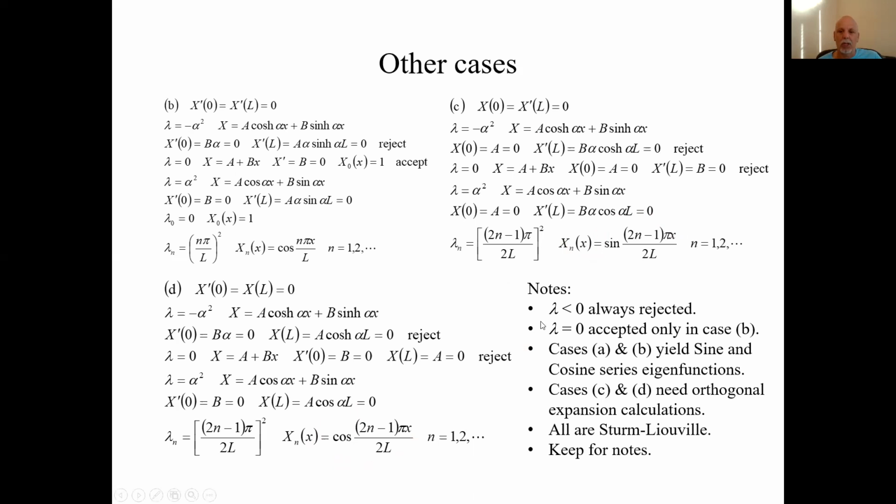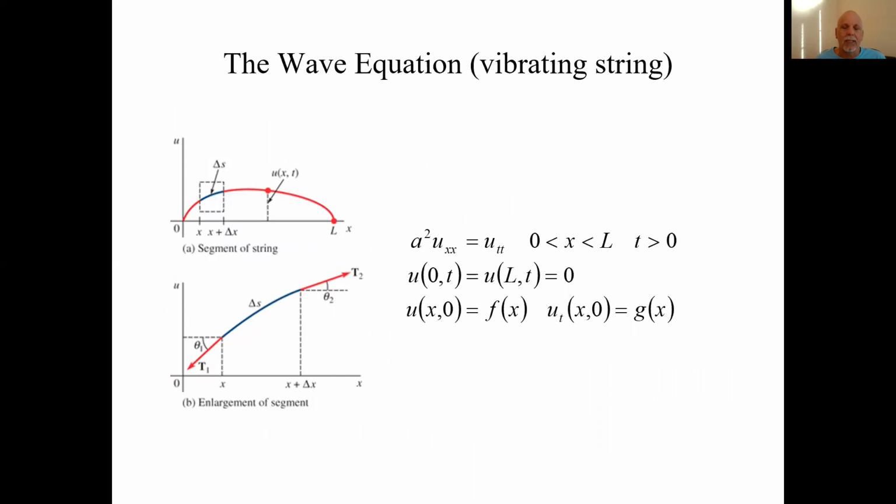Anyway, if you go through all those four cases, we always reject the negative lambda case. We accept lambda exactly equal to 0 only in case B here. The first two cases, A and B, yield the Fourier sine and cosine series. For these latter two cases, you would have to do an orthogonal expansion calculation. Anyway, let's only go through these once and then put them on a formula sheet, basically, so we don't have to keep redoing the same eigenvalue problem. Now, with that in our hip pocket, let's get to the next